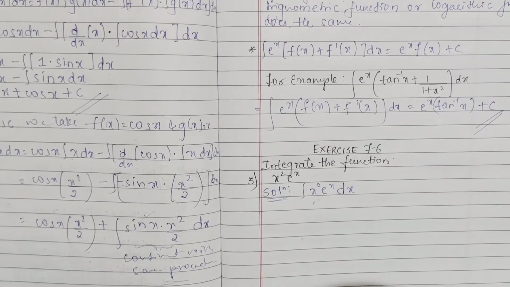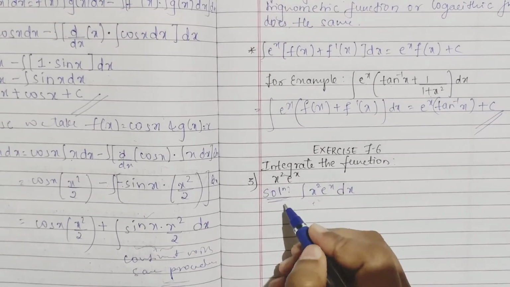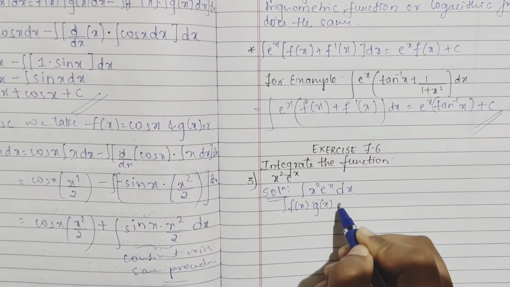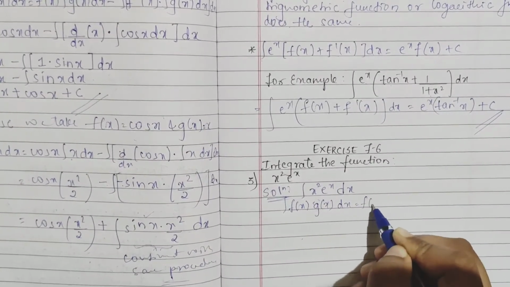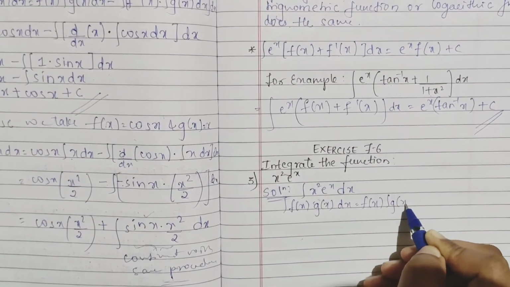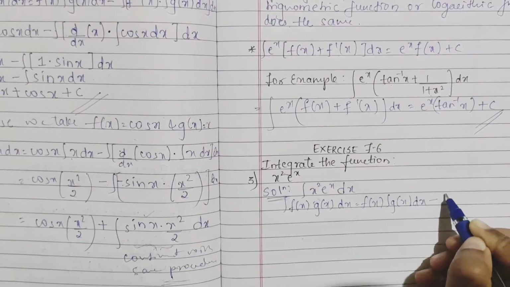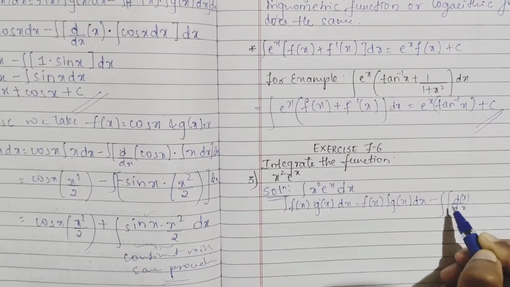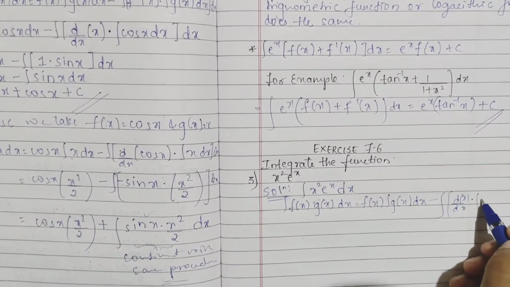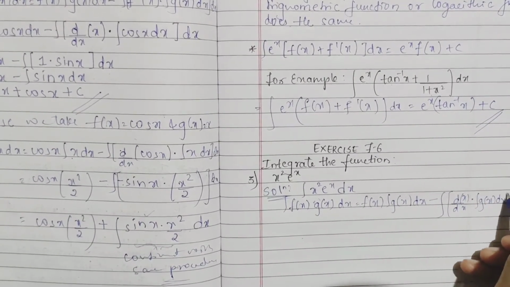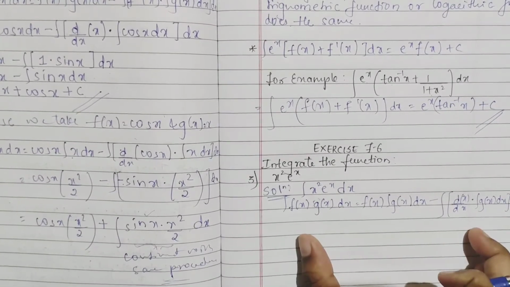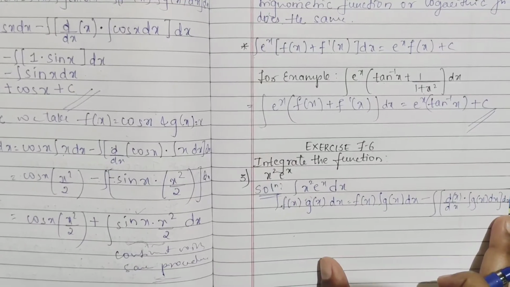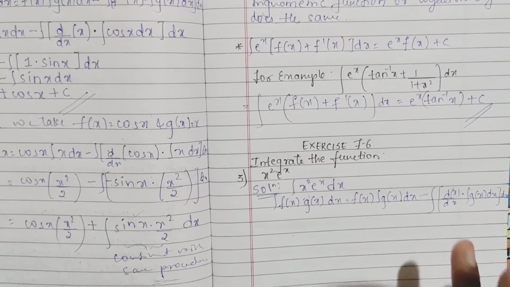So before solving, you first have to remember the formula very properly, that is integral f of x into g of x dx. It is what? f of x into the integral of g of x dx, minus the integral of the differentiation, that is f dash of x, into the integral of g of x dx, whole dx. This you should remember very properly. Your by parts, how you have to solve, you have to remember that, then you can go.